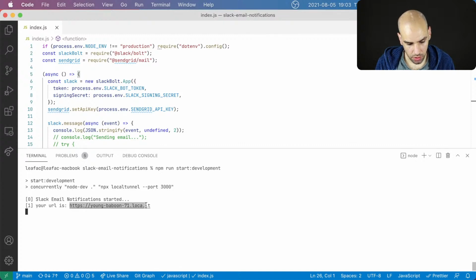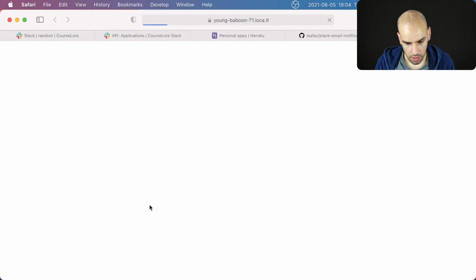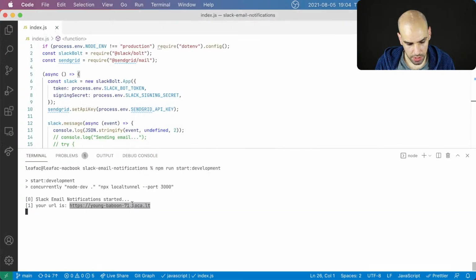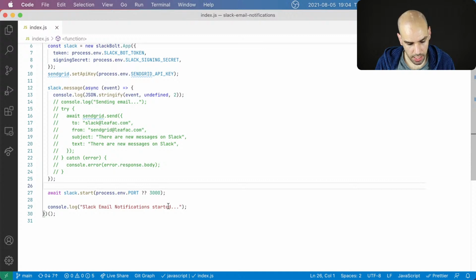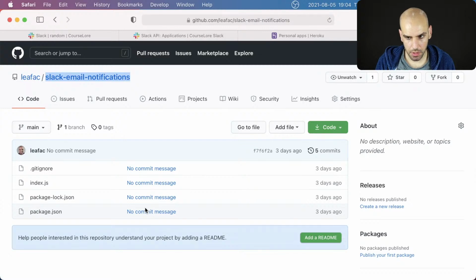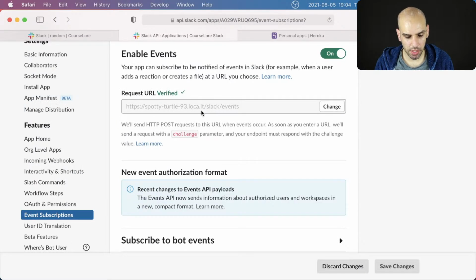And then I can copy this URL. Oh, for whatever reason it followed the URL. Oh, you know what? I think what I should say, maybe here when I start the app, I maybe could give you the URL you need to put in here. Well, not really, because I don't know the local tunnel URL.